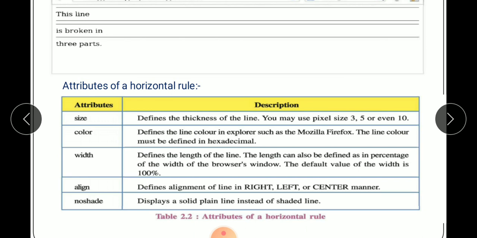So HR align is equal to right, and your rule starts from the right side. Noshade displays a solid plain line instead of a shaded line, so you can use the noshade attribute.